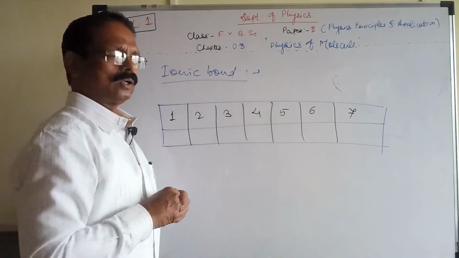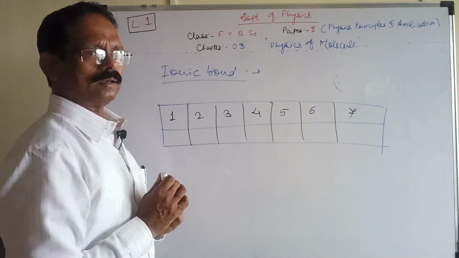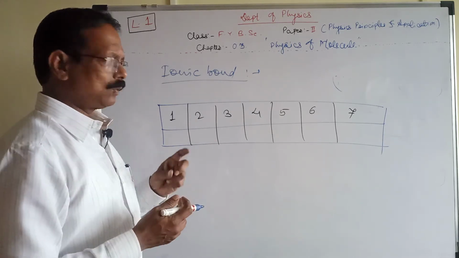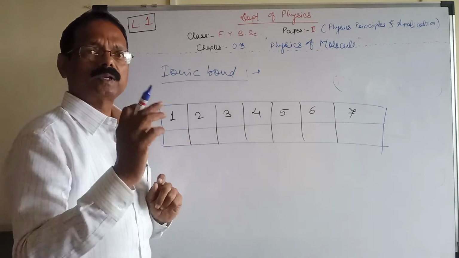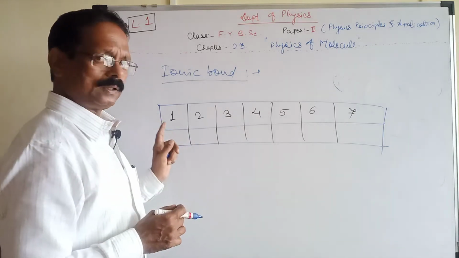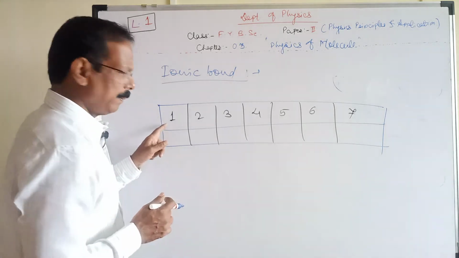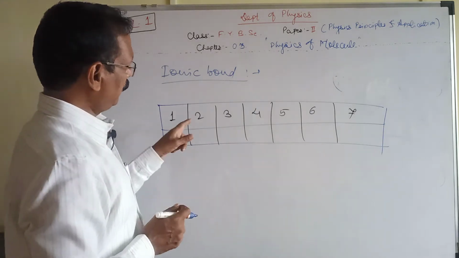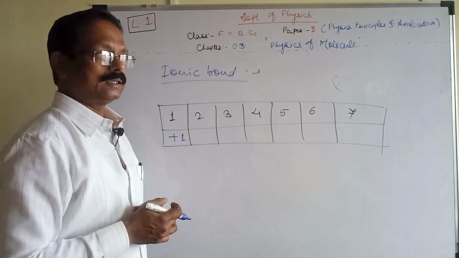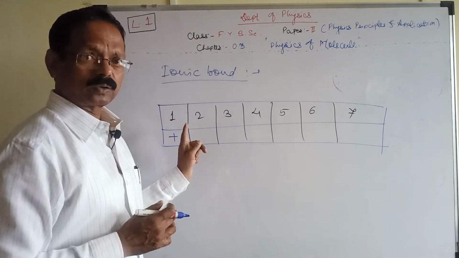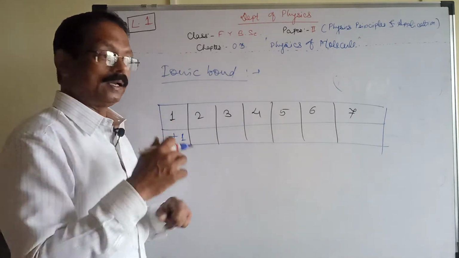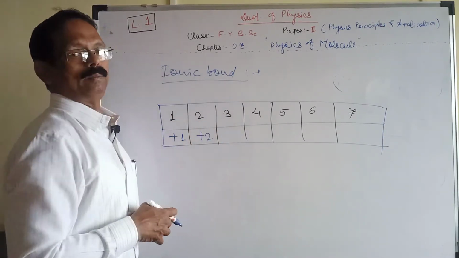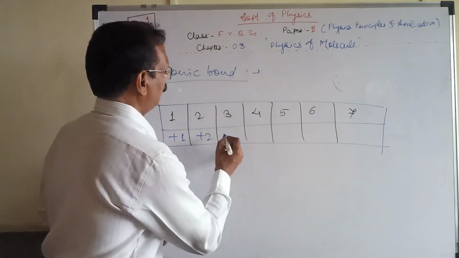We have to complete the octet, and those elements having 1 outermost electron would require about 7 electrons to complete the octet, which is very difficult. So this element donates 1 electron, so it becomes plus 1. Similarly, those elements having 2 electrons in the outermost orbit would require 6 electrons to complete the octet. Instead, this element donates 2 electrons to the neighboring atom, and that's why it becomes plus 2. In this case it becomes plus 3.